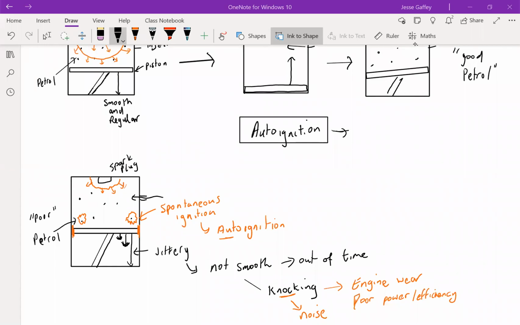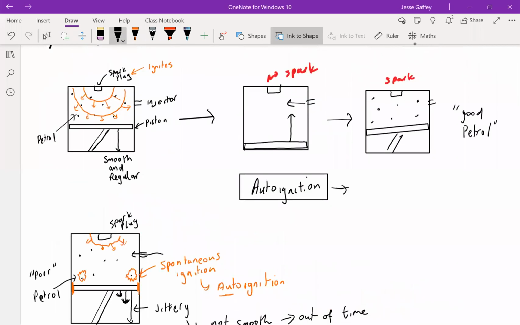Well, we have seen that auto ignition happens over here. It's spontaneous, and it happens before the spark gets to it. So before the spark causes this wave of combustion, these few particles are already burning by themselves. So that means it is premature. Like a child or an infant that's born before the 9 months is too early, it's born too early. We say it's premature. So auto ignition, we say, is the premature